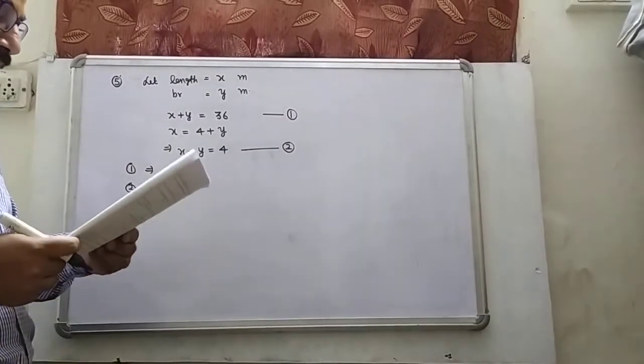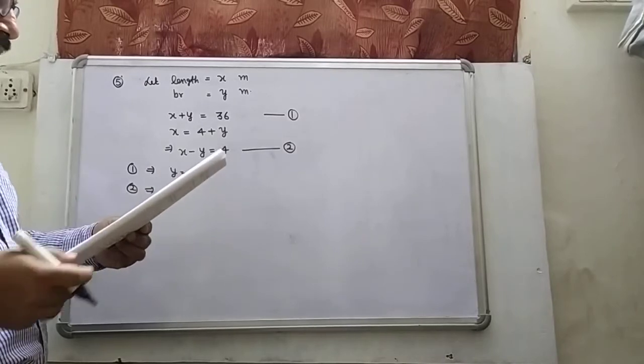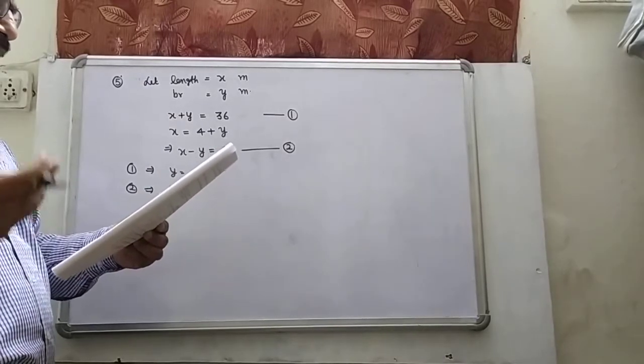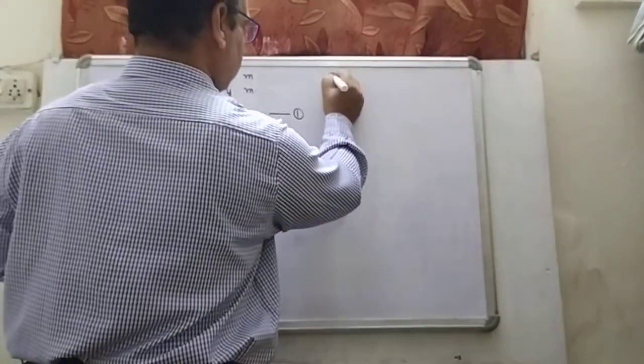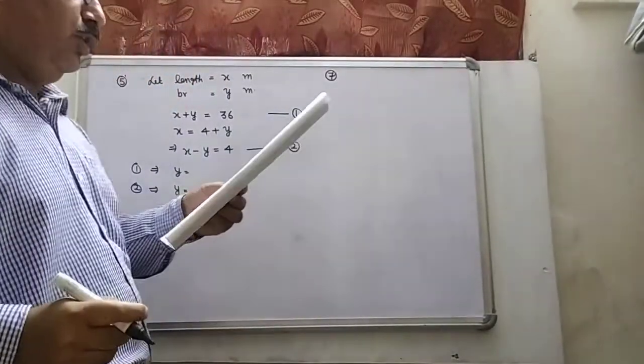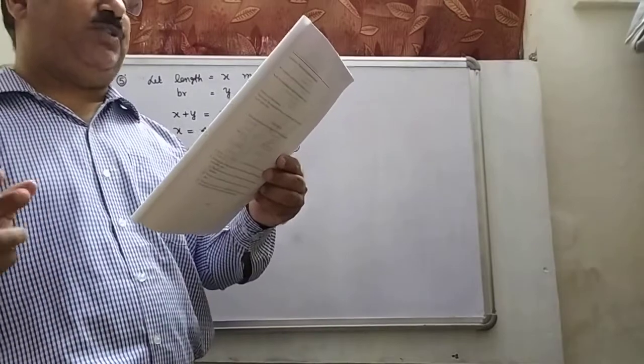Okay? And now we are coming to question number 7. Yes, it is an important one. Draw the graph of the equations x minus y is equal to 1 and 3x plus 2y minus 12 is equal to 0. And then they are saying determine the coordinates of the vertices of the triangle formed by these three lines and the x-axis and shade the triangular region.